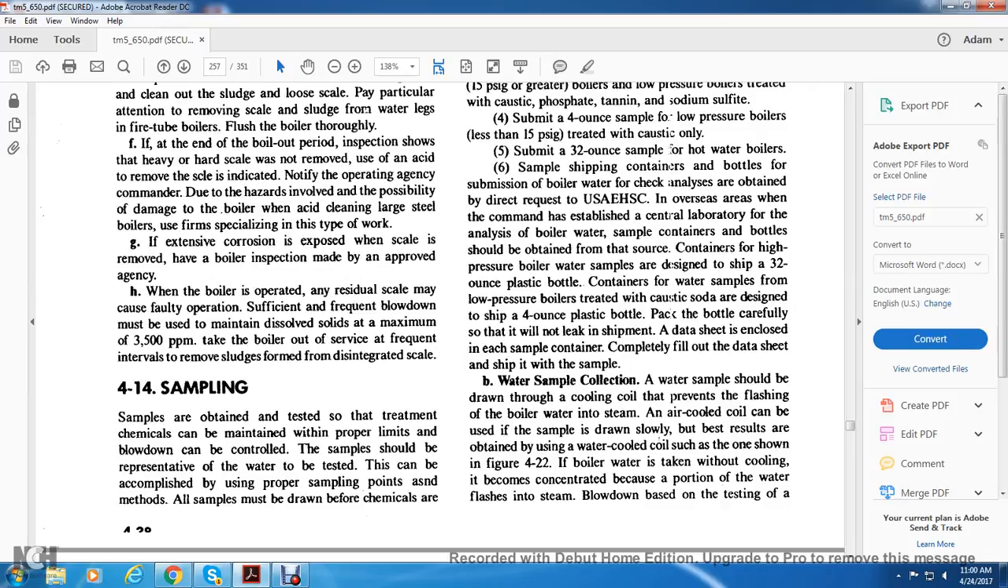Water sample collection. Water samples should be drawn with a cooling coil to prevent flashing with the boiler water system. An air cooled coil can be used if the sample is drawn slowly. Best results are obtained using a water cooled coil, such as the one shown in Figure 422. If the boiler water is taken out without cooling, it becomes concentrated because a portion of the water flashes into steam. Blowdown based on the testing of